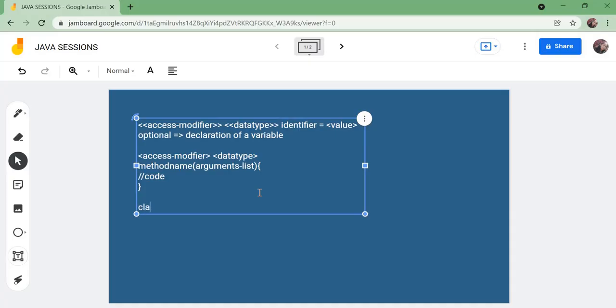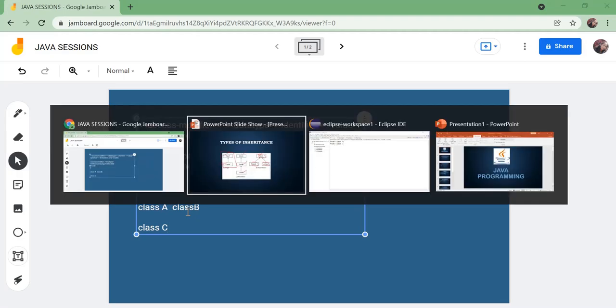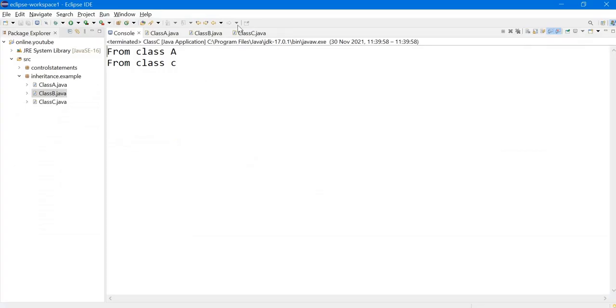I have class A, class B, and class C. If I try to inherit class A and class B at the same time, it is called multiple inheritance. Let us try this. So now I have three classes.